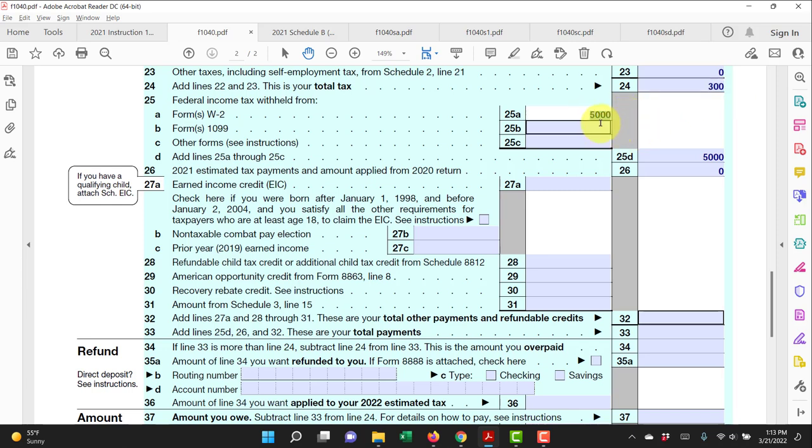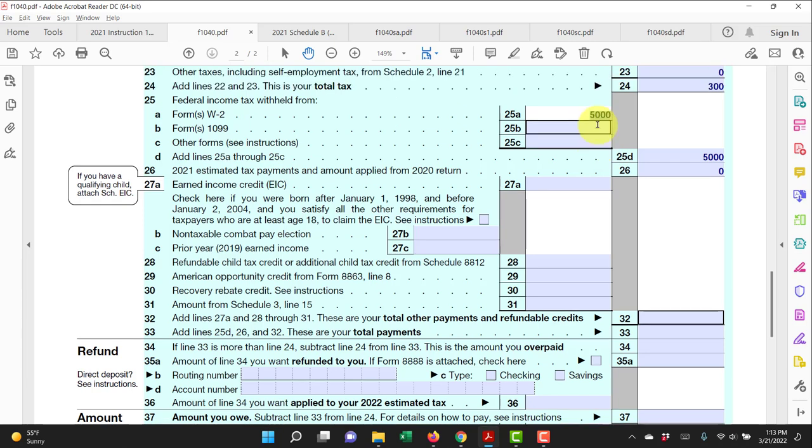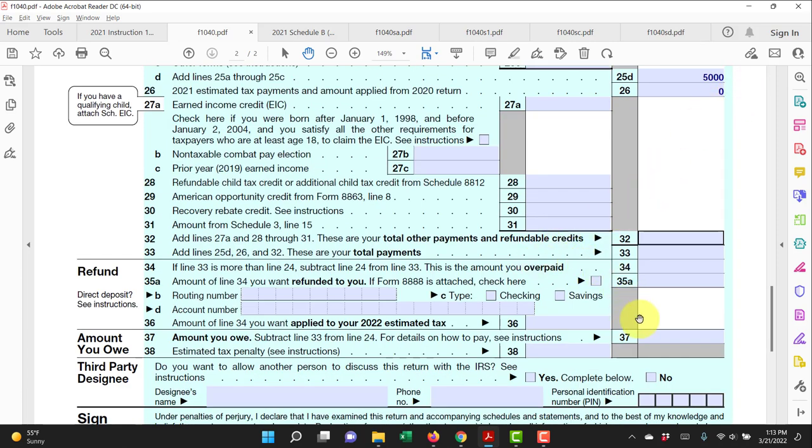So that's what a tax refund is, because basically I overpaid the government during the year, and now the government has to pay me some of my own money back because they took 5,000 of it during the year. I only actually owed $300 in tax. So a refund is going to be owed to me of 4,700,